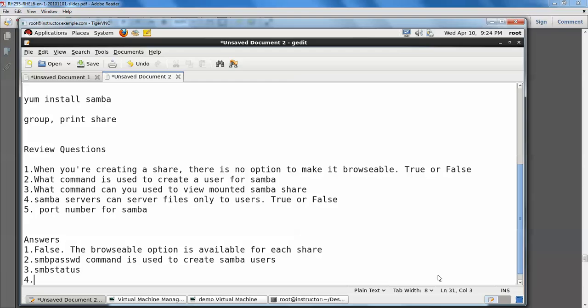Fourth one, Samba server can serve files only to users. Is it true or false? False.